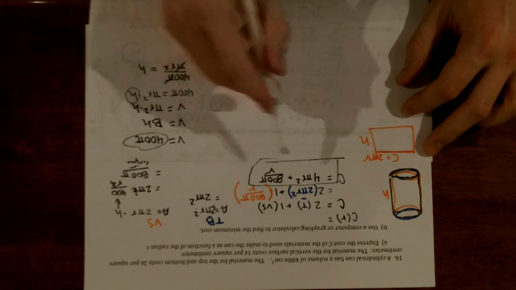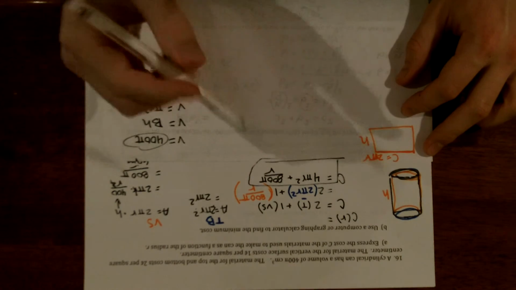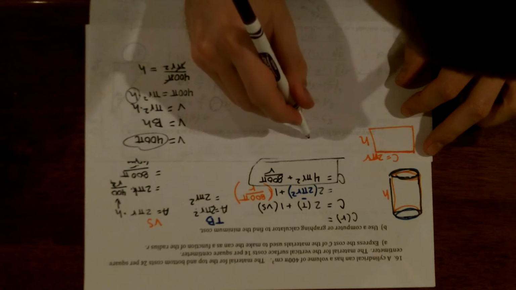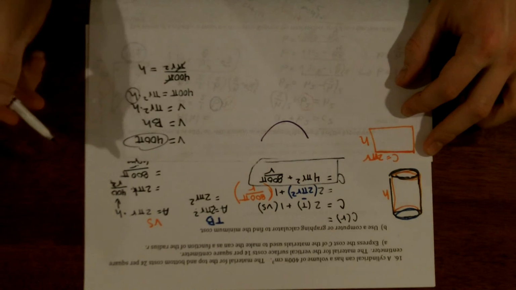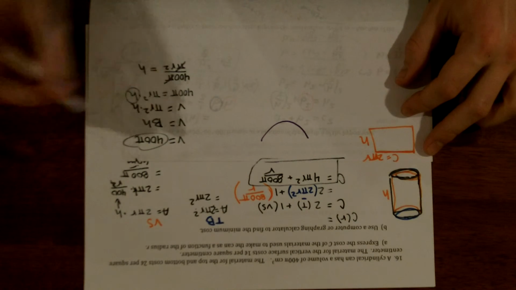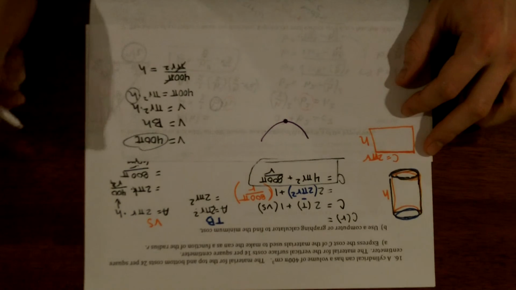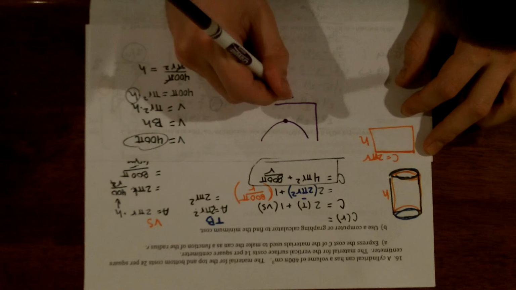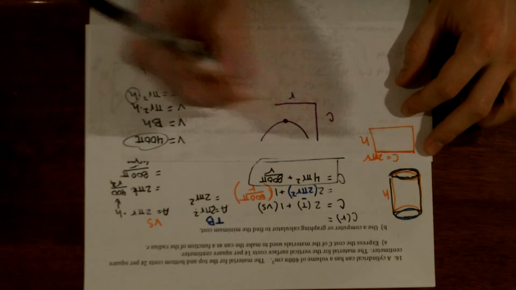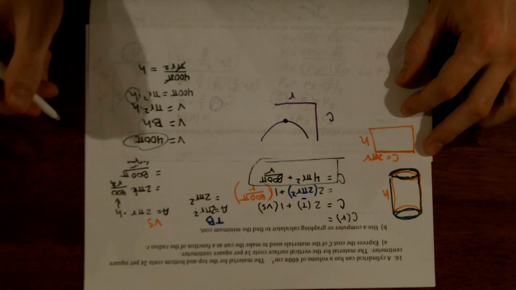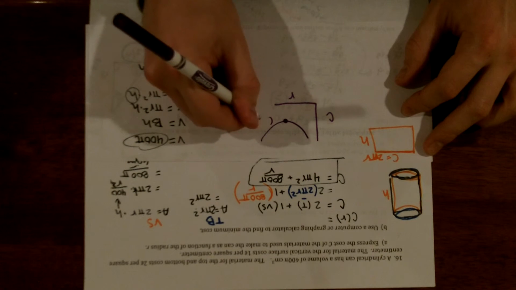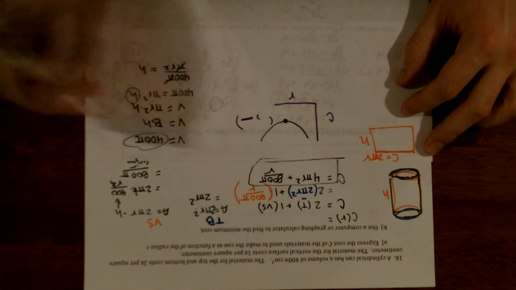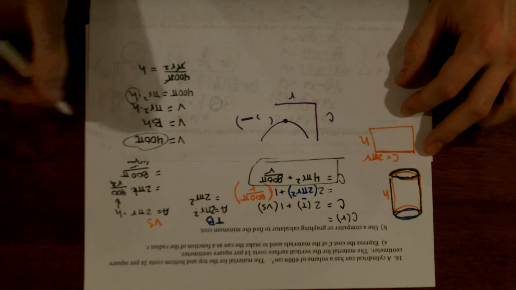Next it says use a computer or graphing calculator to find the minimum cost. Well, the minimum cost is going to happen when this curve is at its lowest. So you're going to have some parabolic shape when you type this into your calculator, and that is the lowest. Now remember, on your axes, this is your radius, this is the cost. You're looking for the minimum cost, so you're looking for not the x value, but the y value. And when you end up doing that,